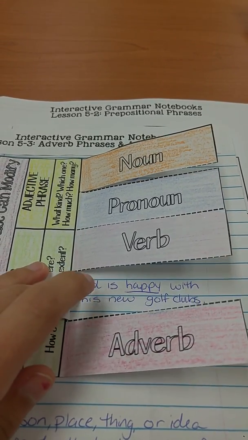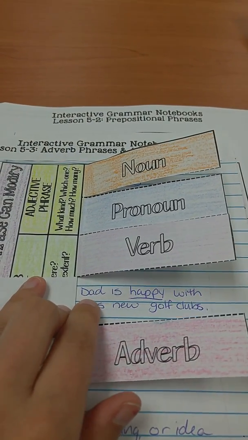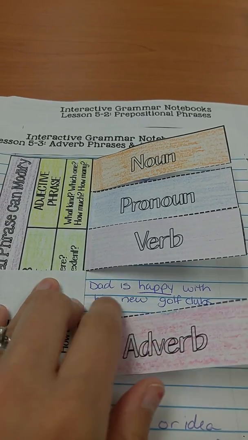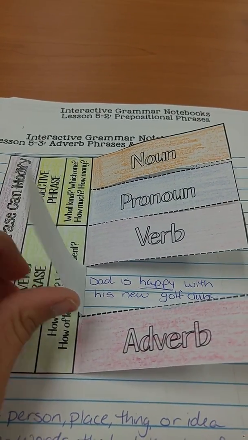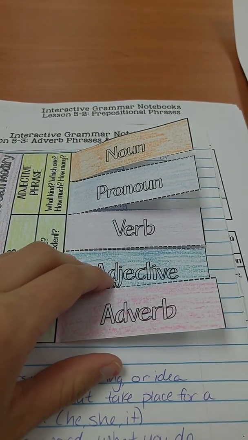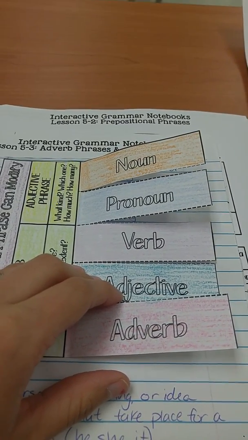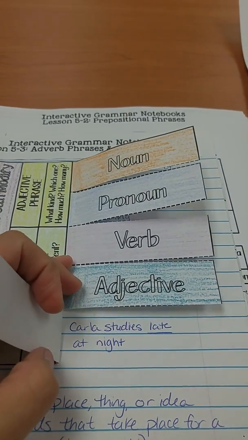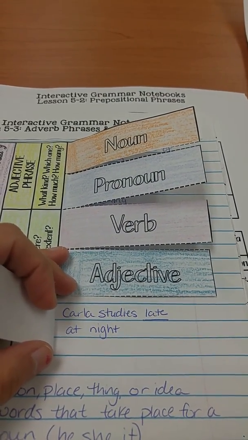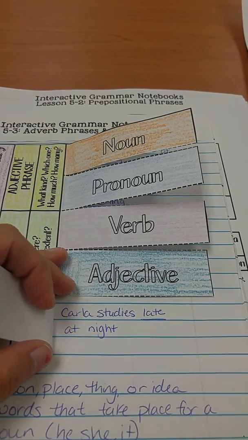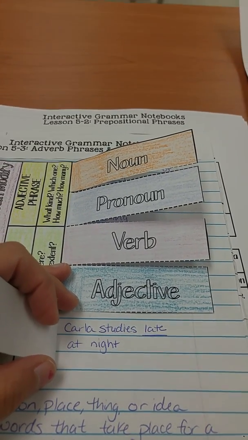An adjective is describing how Dad is feeling. He's feeling happy with his golf clubs. And finally, the adverb that describes a verb, Carla studies late at night. Late would be describing when she studies, describing the verb that she studies late. So late at night